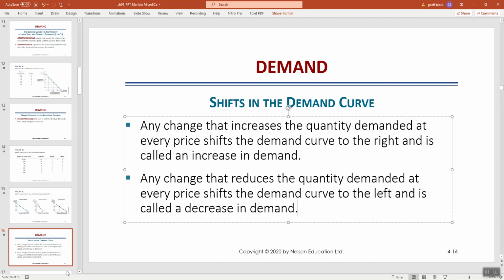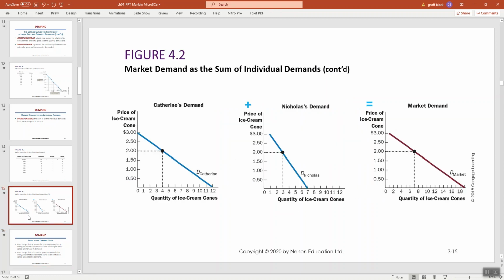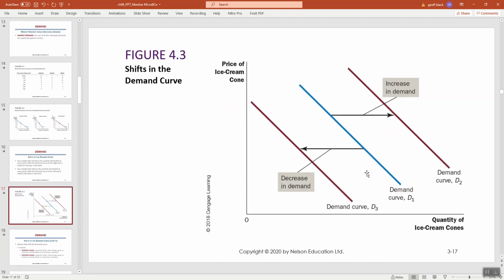So let's look at an application of that. So again, here's a demand curve. Let's just say this is the market demand for ice cream. Okay, so it comes from this graph here. So that's this blue curve. And we're saying we can actually shift that curve to the right or to the left. And that shift shows you the change in quantity demanded at the same price. So if this was 2 down here, at 2 quantity demanded is here,